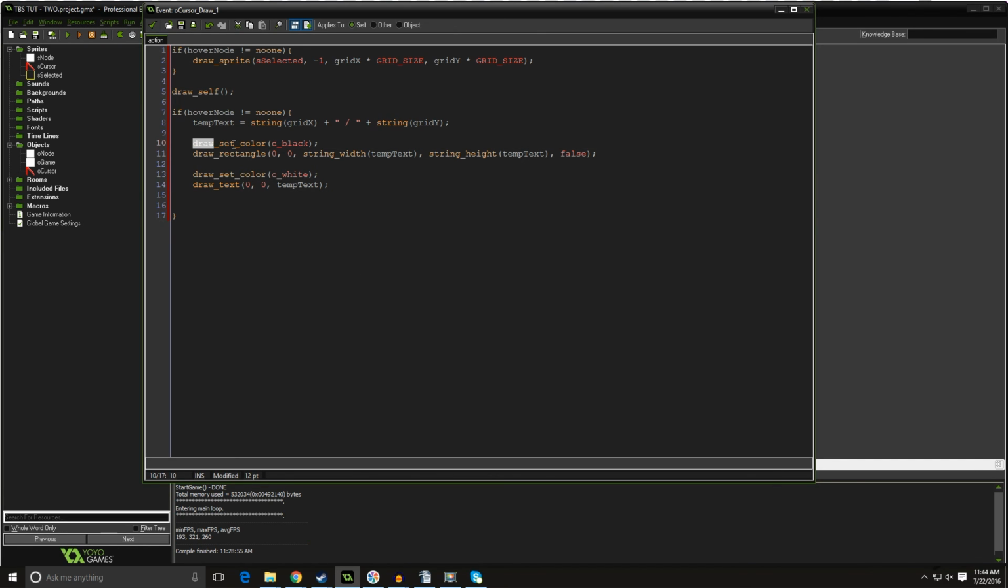So, when you do draw set color, you're not setting the color for this object. You're setting the color for all objects. The default is C underscore white. That's what it comes straight out of the box, and that's what makes all of our sprites look like they look up here. So if you ever set draw set color away from white for some reason, do whatever it is you need to do and then set it back to white when you're done. Otherwise, it'll draw every sprite